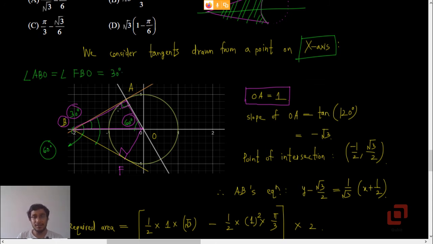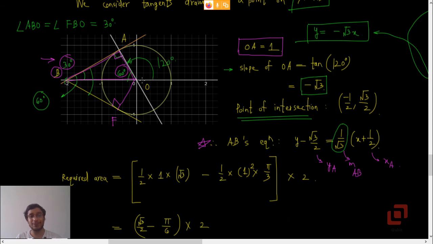So once we get this angle as 90 and angle ABO as 30 degrees, our job is done. Once you obtain the dimensions of triangle OAB, that is fine. Okay. Now comes the question of area. Now the required area, let me now highlight it in red color. The required area is this, which is bounded by the segments BA, BF and the arc of the circle OAF, whose measure is 120 degrees.